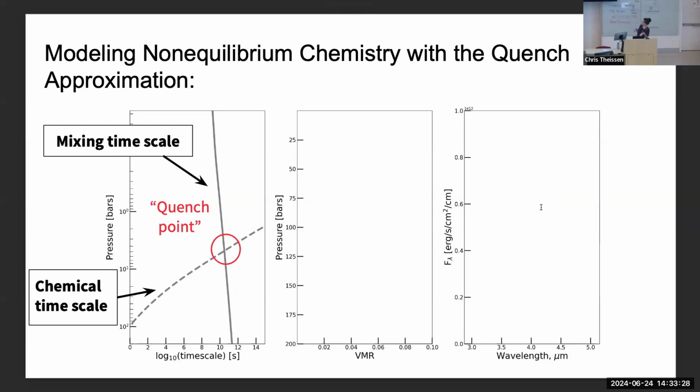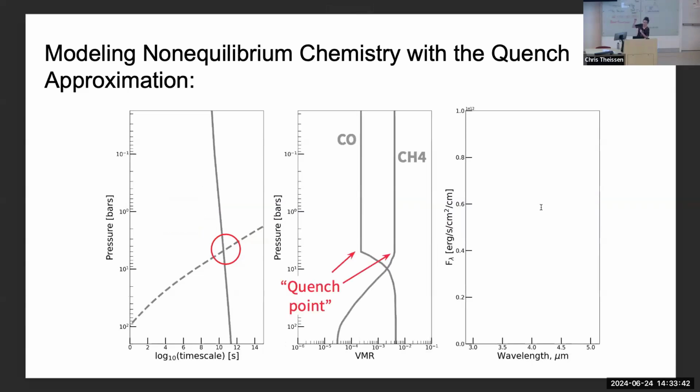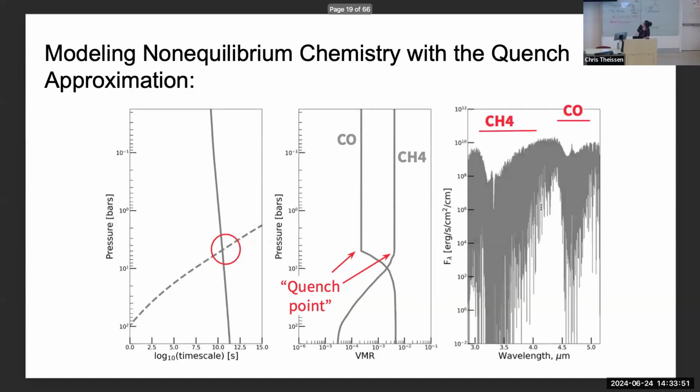So below this, our chemistry acts faster than our mixing, and we think things should be in chemical equilibrium. Above this point, our mixing acts faster than our chemistry, and we think the abundances will be fixed at the values they have at that quench point. So now this second plot's showing volume mixing ratio on the bottom and depth again. And that shows up in our spectra as a certain amount of methane absorption and a certain amount of CO